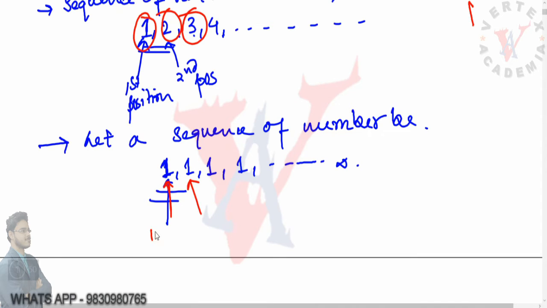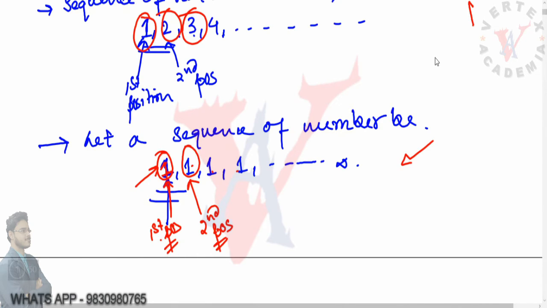This is the one at the first position and this is the one at the second position. These two elements have the same value, but they are different elements, since this one is at the first position and this one is at the second position. Each of the elements is the same, which signifies that repetition is allowed. I hope this is clear.